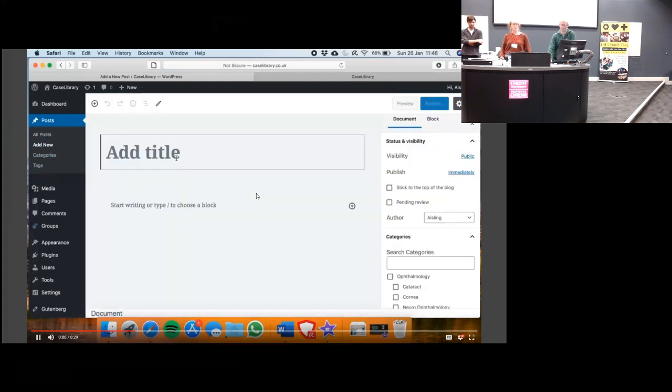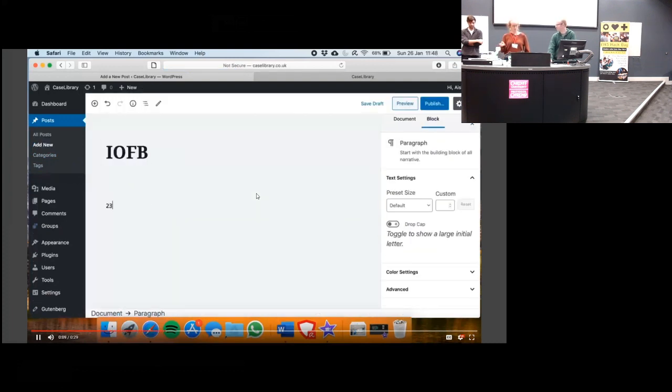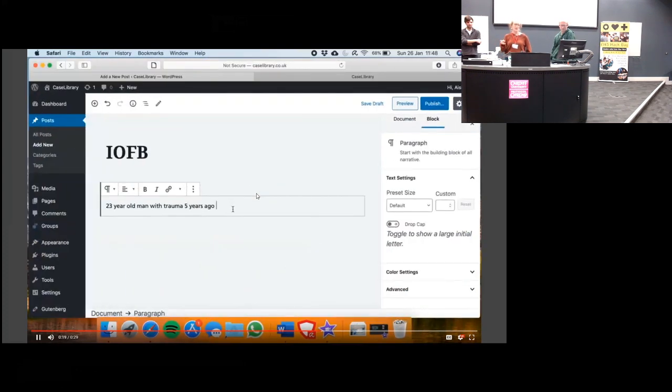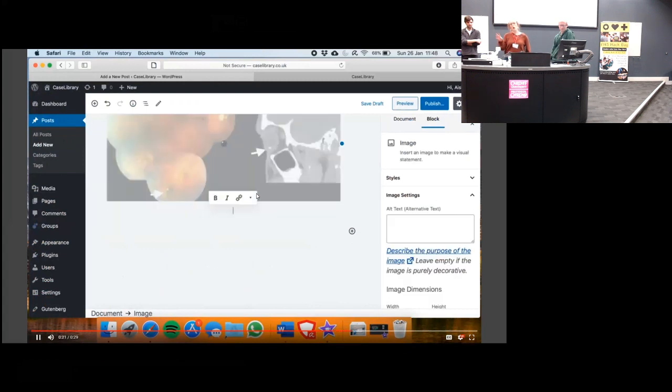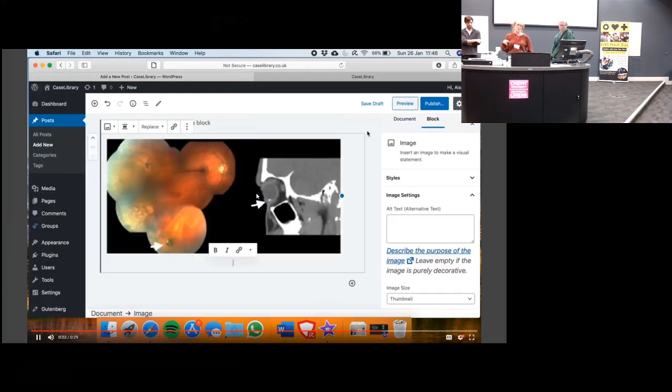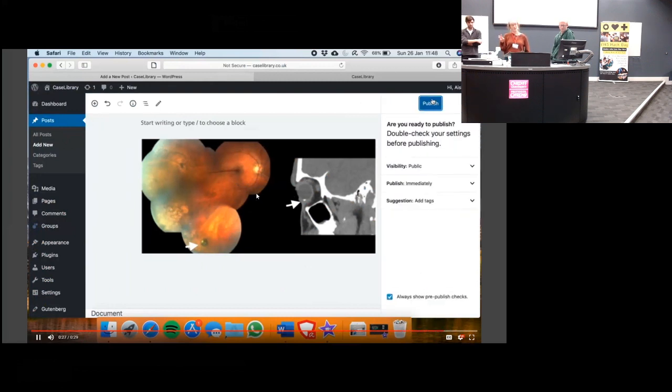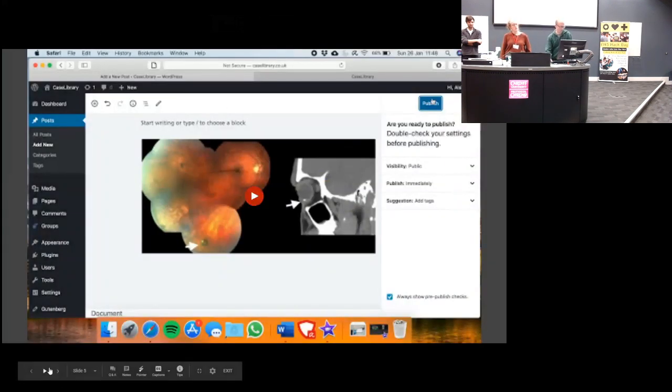So you can pick any title as you wish, and then you can include important clinical details and key learning points. You can add photographs, as many as you want, including videos, and you can either copy them from a Word document or from a direct file. Then you choose a category that you want to save your case to, and then click publish, and that's your case made. And then if we go onto the live website,